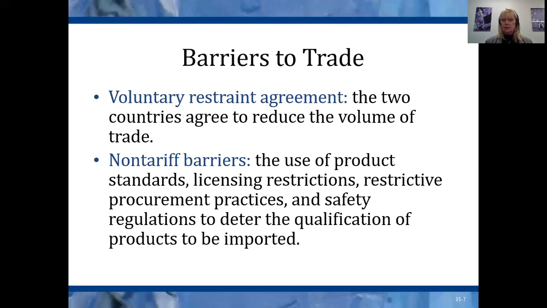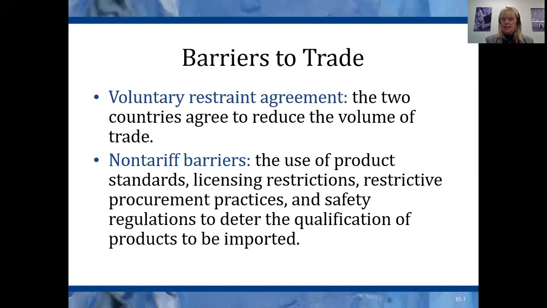Until very recently, Japan would not allow U.S. beef to be imported there because of mad cow disease back in the 80s and 90s. And so that was a safety precaution as far as they were concerned. But that was also just a use of product standards. They won't accept our beef because of the way that we raise our beef. So all of these